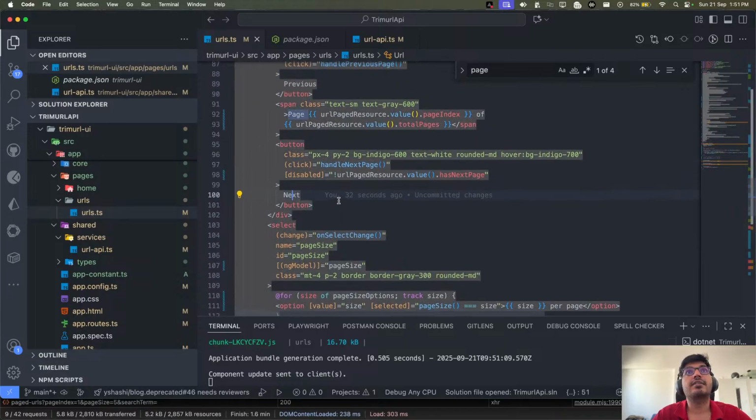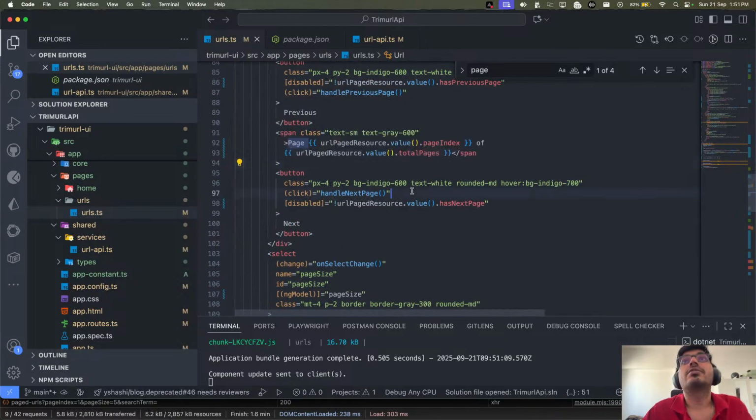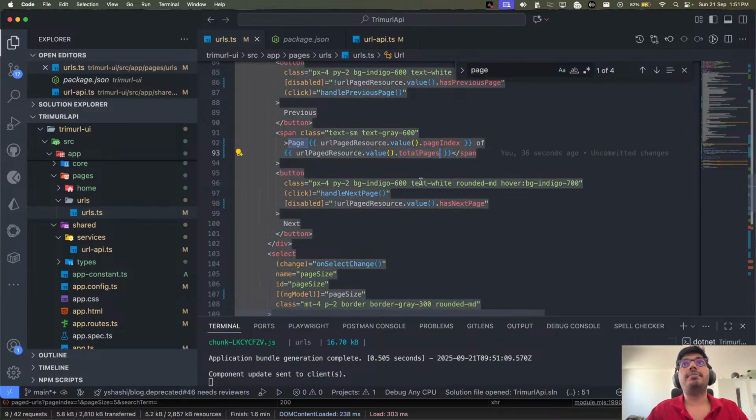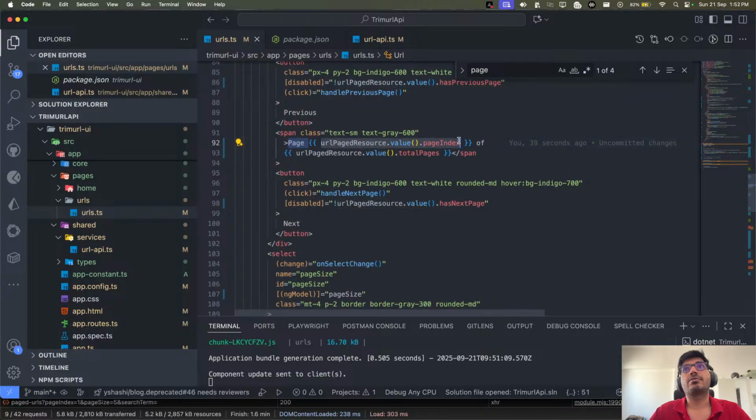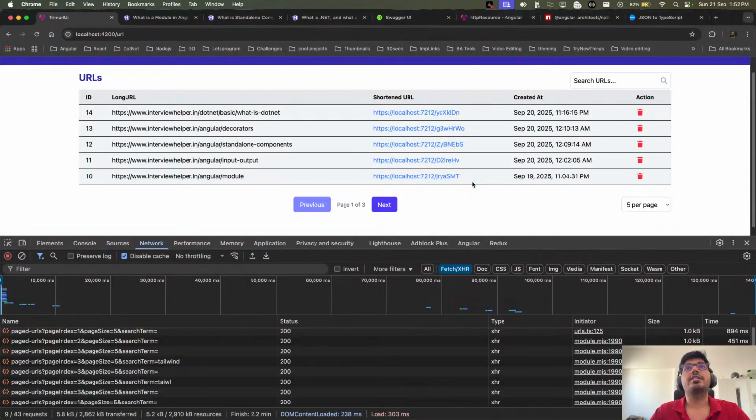So we have a next, and just above that we have this. Here we have total pages, then we are using the page index, which is coming from the backend. What if I use current page, 1 of total pages, something like that.